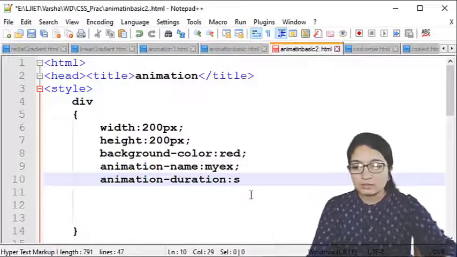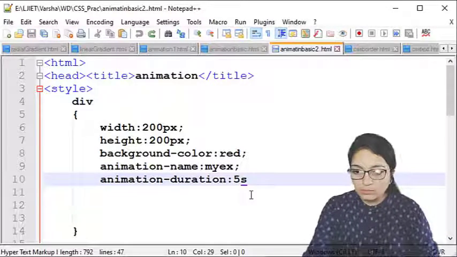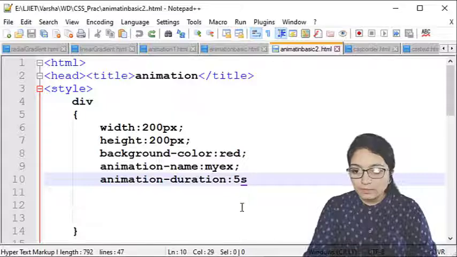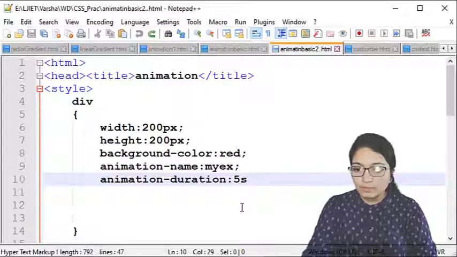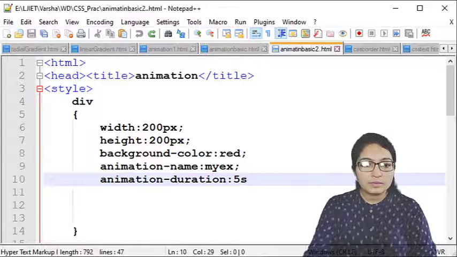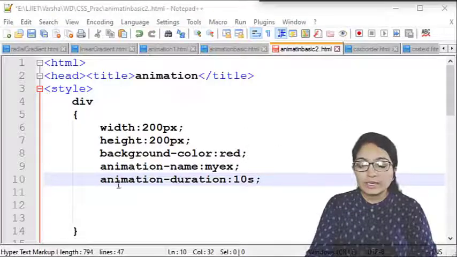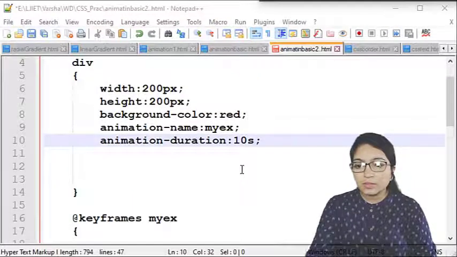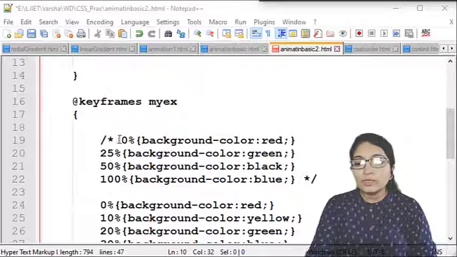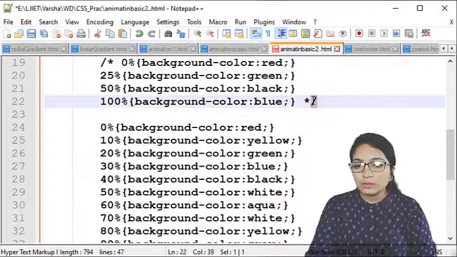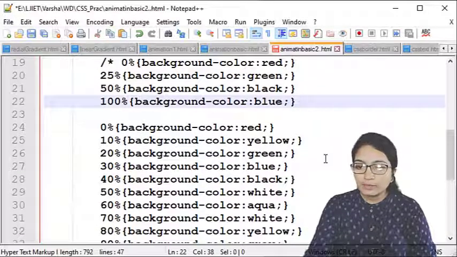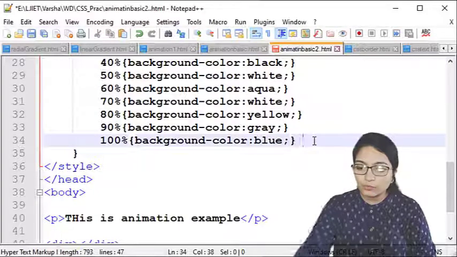Just increase this animation duration. First put this thing in a comment, then we will see this output.